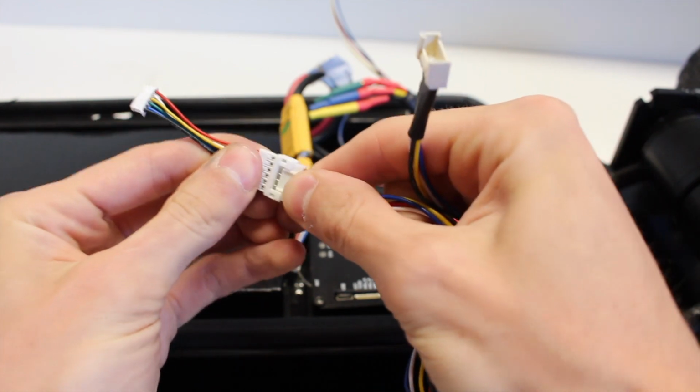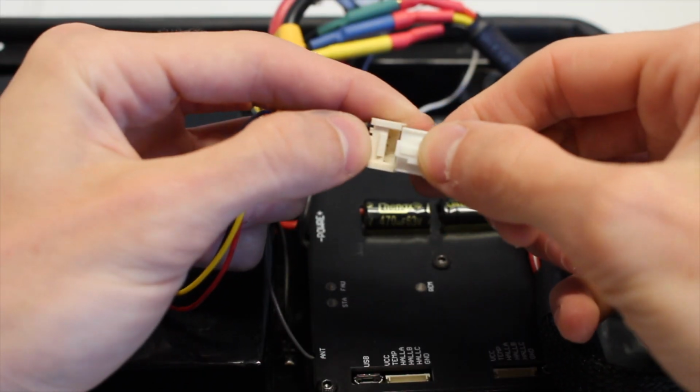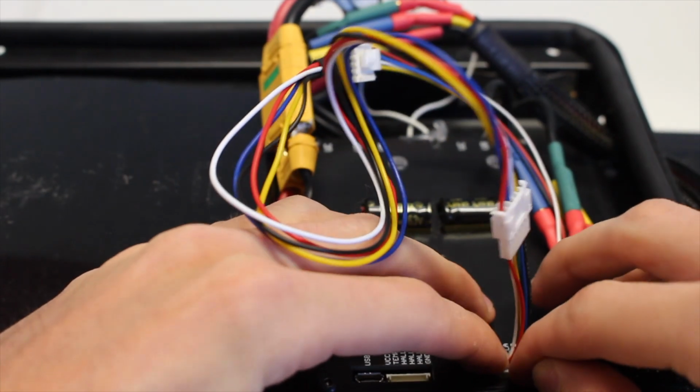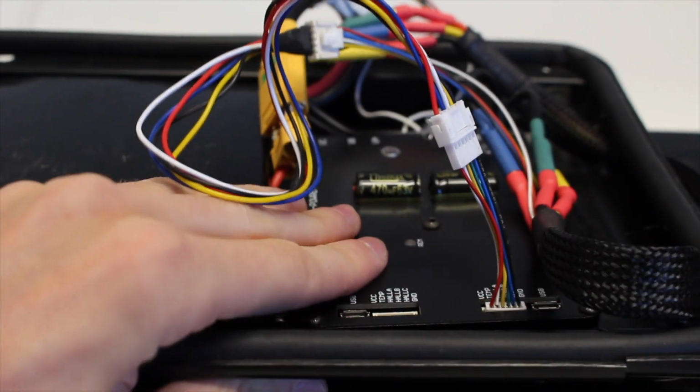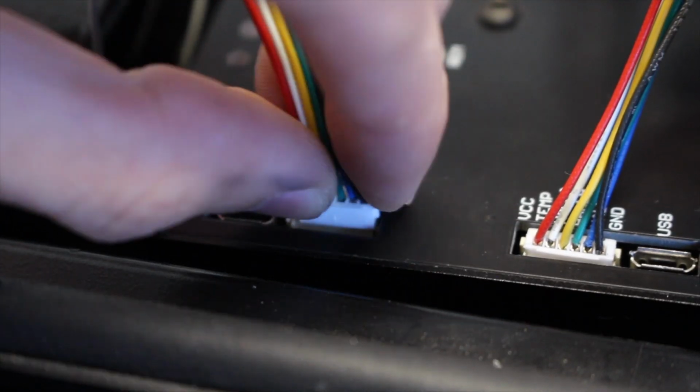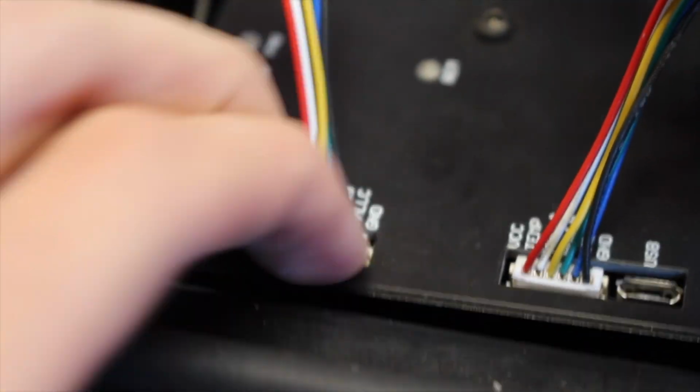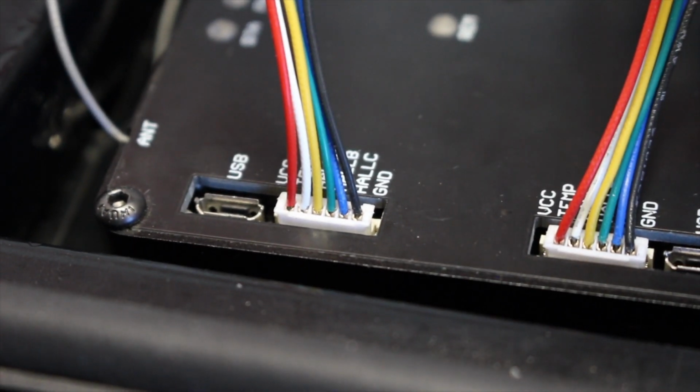It's kind of weird since the motor and the ESC use these abnormal connectors rather than the regular 6-pin JSTs on most VESC sensor wires. But you'll be able to connect the sensor wire port wires all together using all of the adapters. At this point, everything in the build is connected, and the only thing needed to get this thing up and running is to plug it in and connect it to your computer